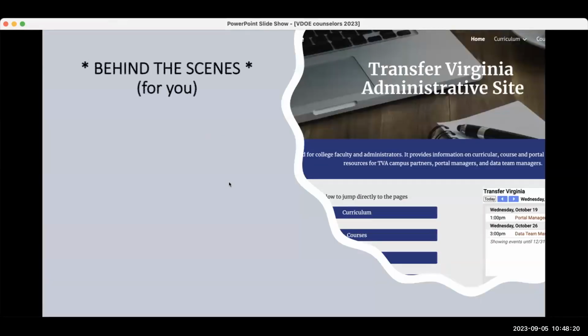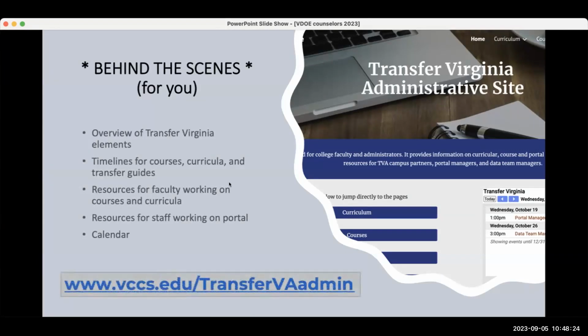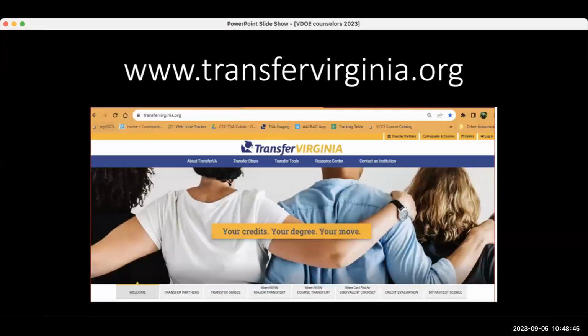I'm going to leave us with just the overview of what that Transfer Virginia admin site is. It's www.vccs.edu/transfer-va-admin. So again, this is the site for behind the scenes, for advisors and those working on common curricula and courses. So we invite you to look at that, but the portal is